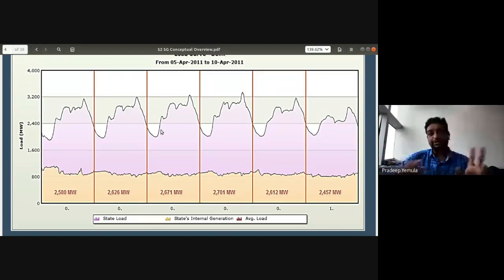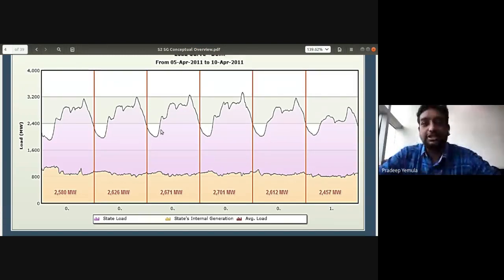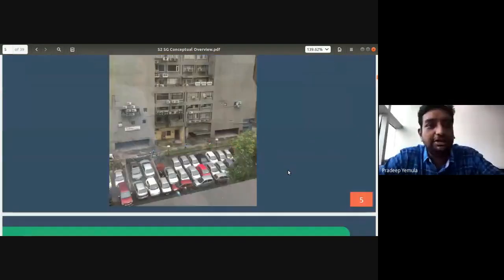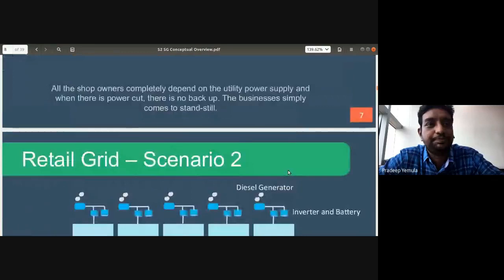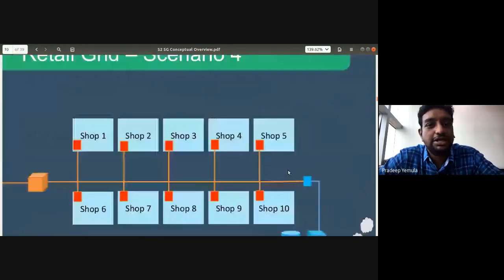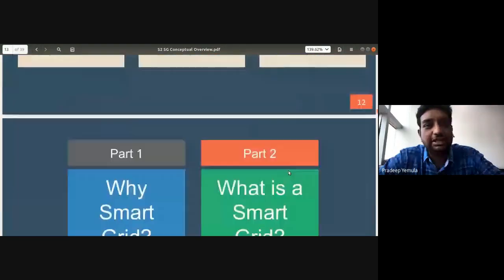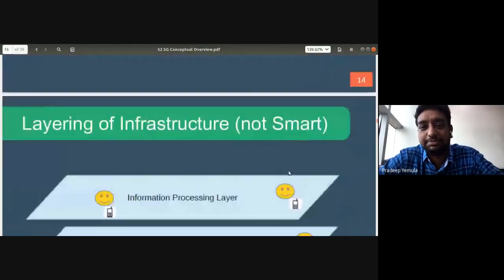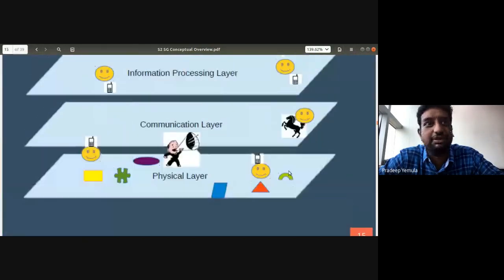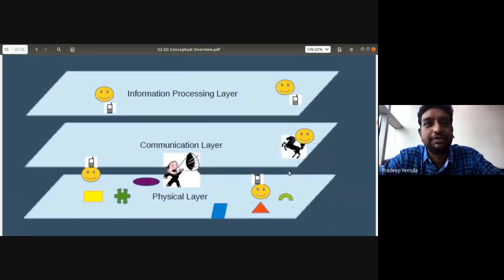Okay. So again, the question is good. When I said that this is old data, 2011 data, that time itself they were able to operate it, right? So what is the new thing in this? How can we say it can be brought? To answer that, I would like to use this diagram. It's not that there is no information processing layer or communication layer. There is. So just refer to this diagram.